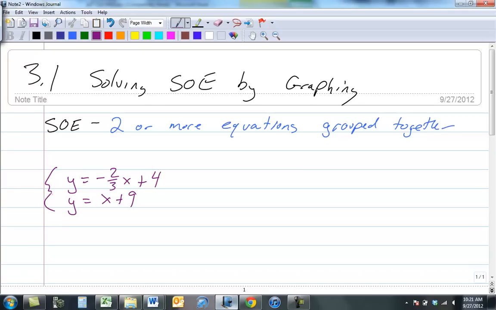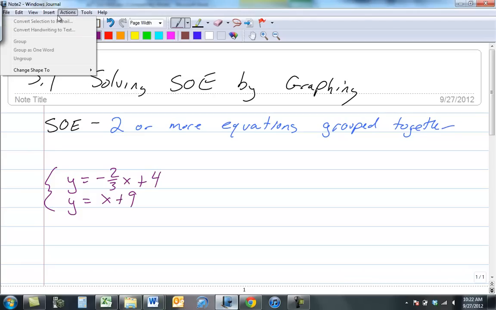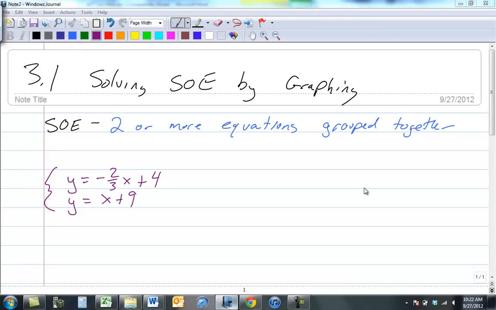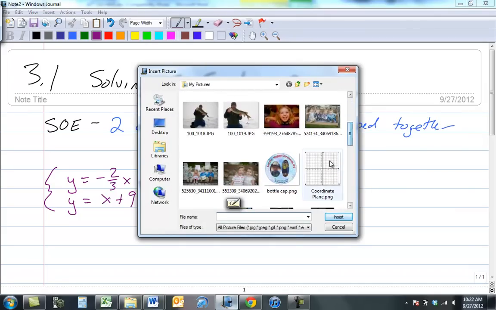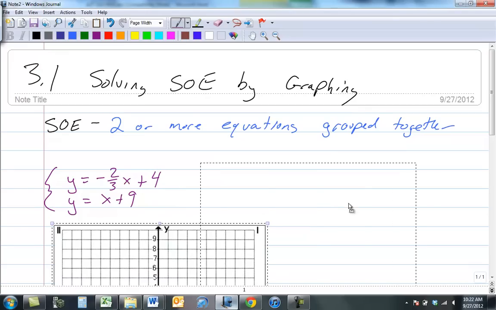Oftentimes they're grouped with this little curly bracket thing that I'm terrible at making, but you get the sense of what's going on there. These are two different equations, and we're going to solve this system of equations by graphing. Now, get out some graph paper. I'm going to insert mine. Oh, yeah, you get to see my fish and stuff. Anyways,